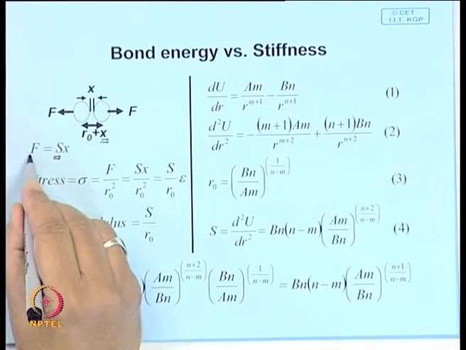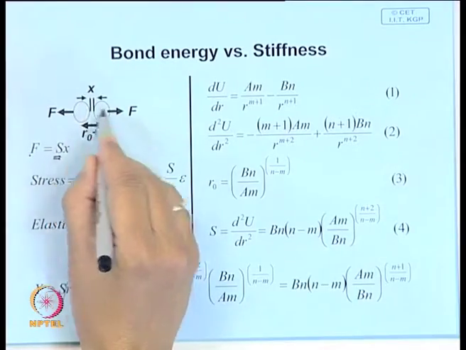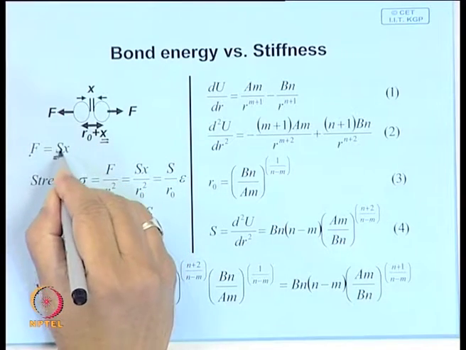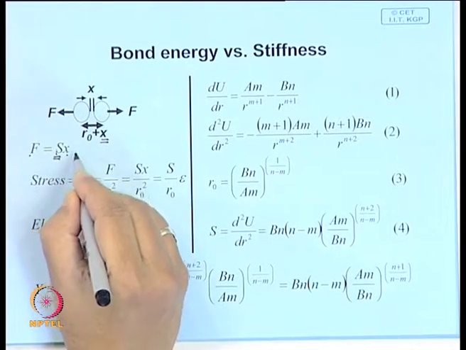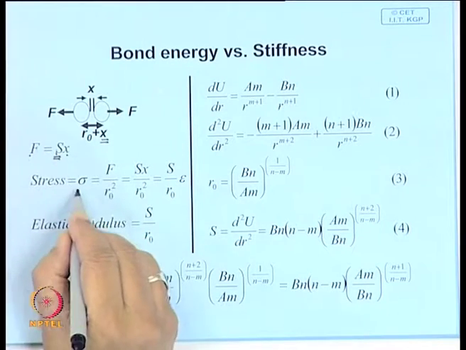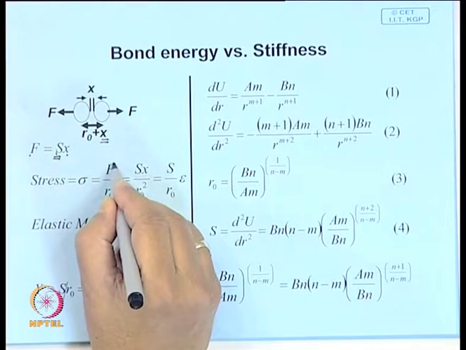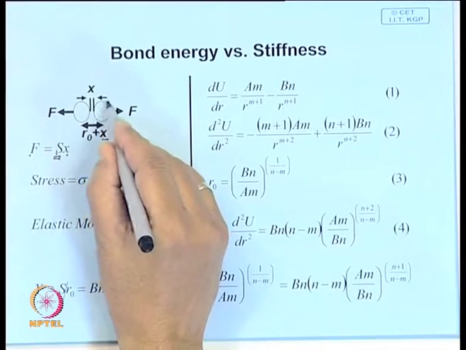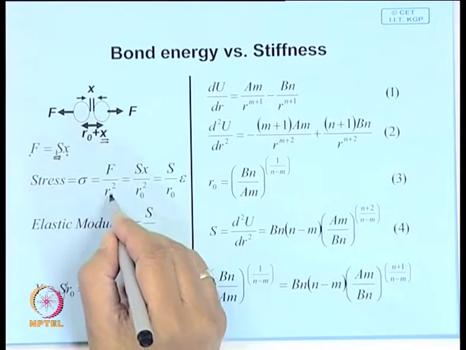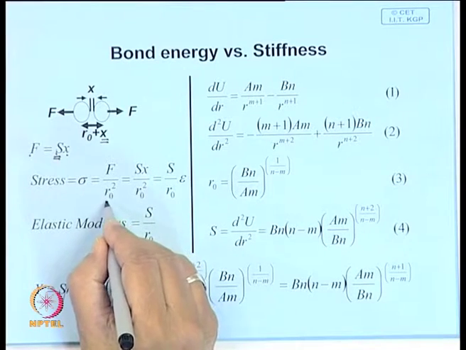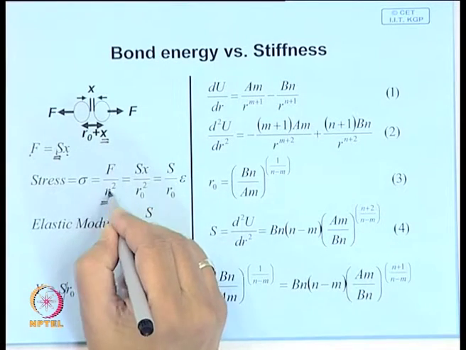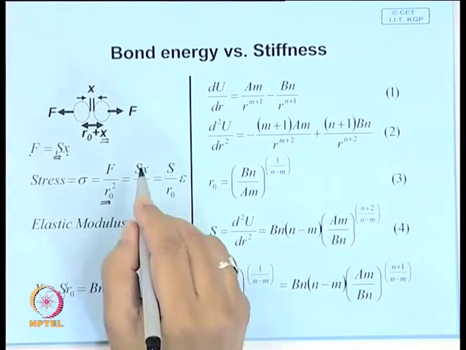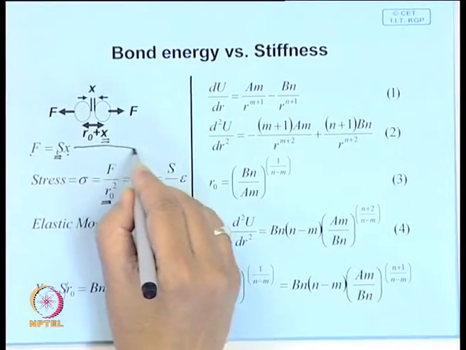Then the restoring force, or the pull which you are applying, is stiffness times x. Stress we know is defined as force over area. Assume that the cross-section area of this atom is proportional to r naught square. So, F over r naught square is the stress, and therefore, you substitute here,